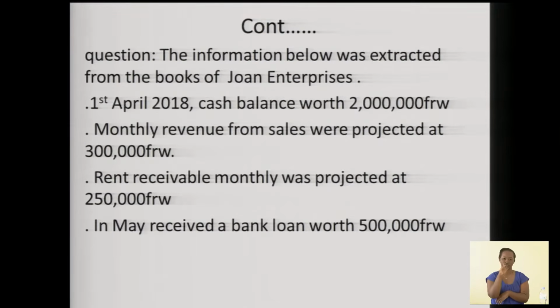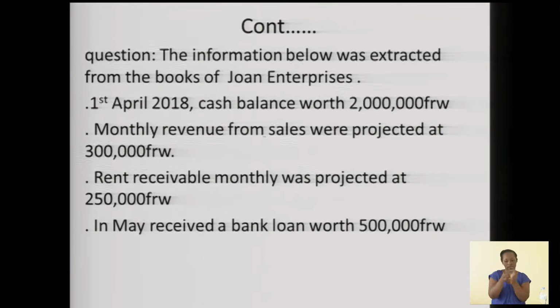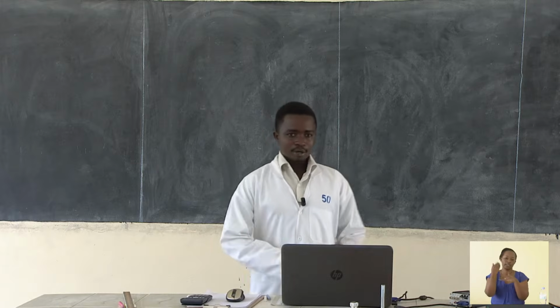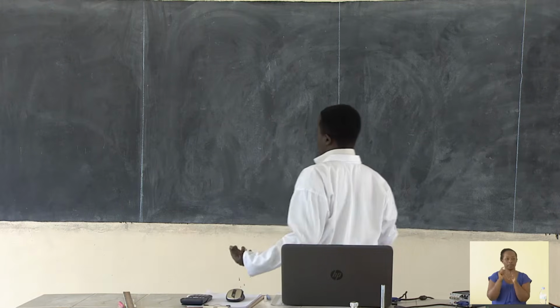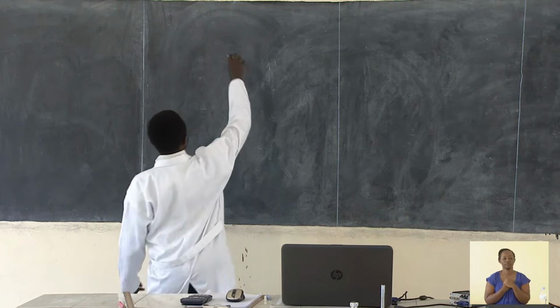So if we can go back to our question, what is the format that we use here? We don't have the specific format. In this case, you will look at the required part. They want us to prepare a cash flow statement for 3 months. And therefore, how do you go about this? You begin with the title, the heading, which will be